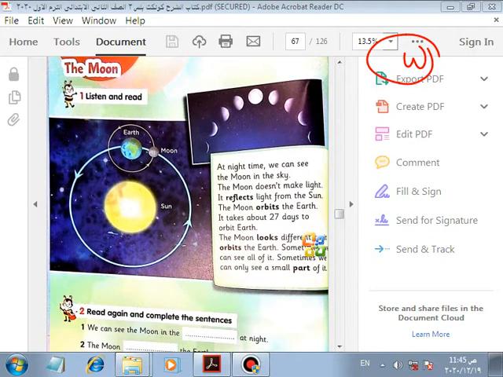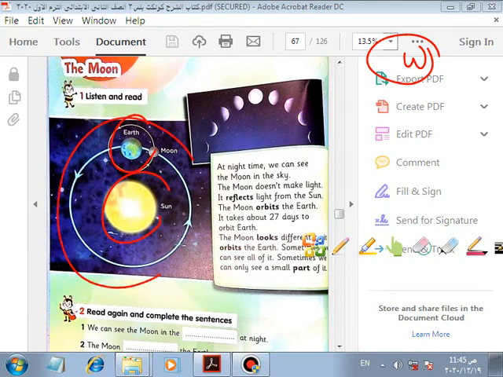The moon. Listen and read. We have planet Earth, okay? We have the sun, we have the moon. At night time, we can see the moon in the sky. At night time, not day.